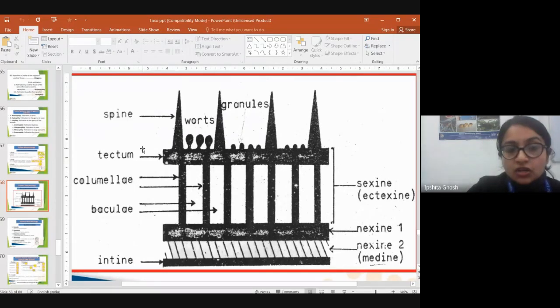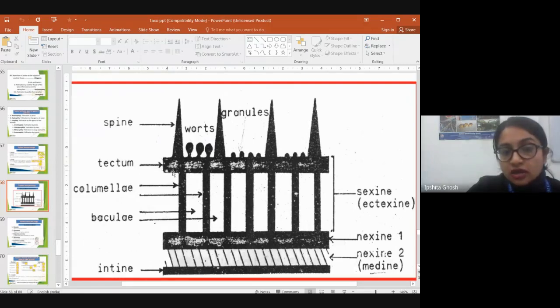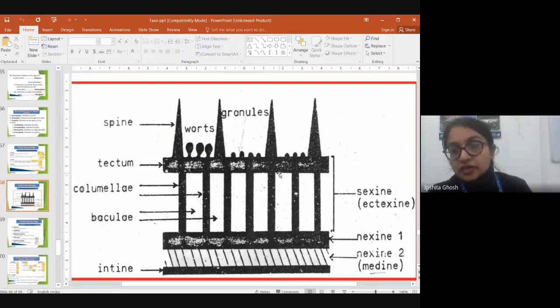Okay, so the outermost layer comprises spines, or there can be other stratifications on this, or architecture of different designs. They may be granular like these, they may be wart-like, they may be spine-like, so they can be spiny. So you will find different kinds of architecture on pollen grains, right? If you look at them through the microscope, only then you would be able to see it so prominently. Otherwise, through the naked eye, it's not visible.